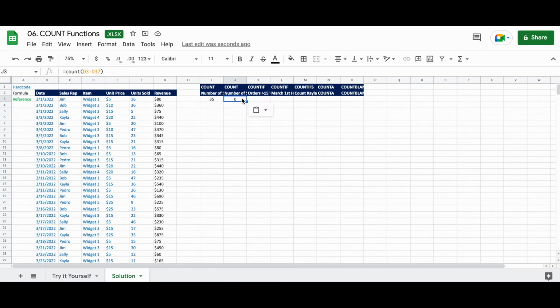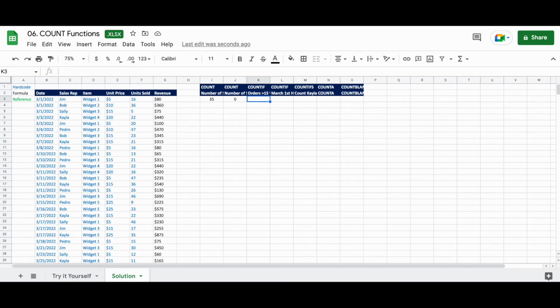Second, we're going to try the COUNTIF function. While we will show you how to use the COUNTIF function, as a best practice, we recommend always using COUNTIFS instead of COUNTIF, and we will cover that in a little bit. Okay, on to COUNTIF. If you remember back to a few minutes ago, we mentioned that COUNT can only be used on cells with numeric values. COUNTIF can be used to count cells based on numeric and non-numeric criteria.